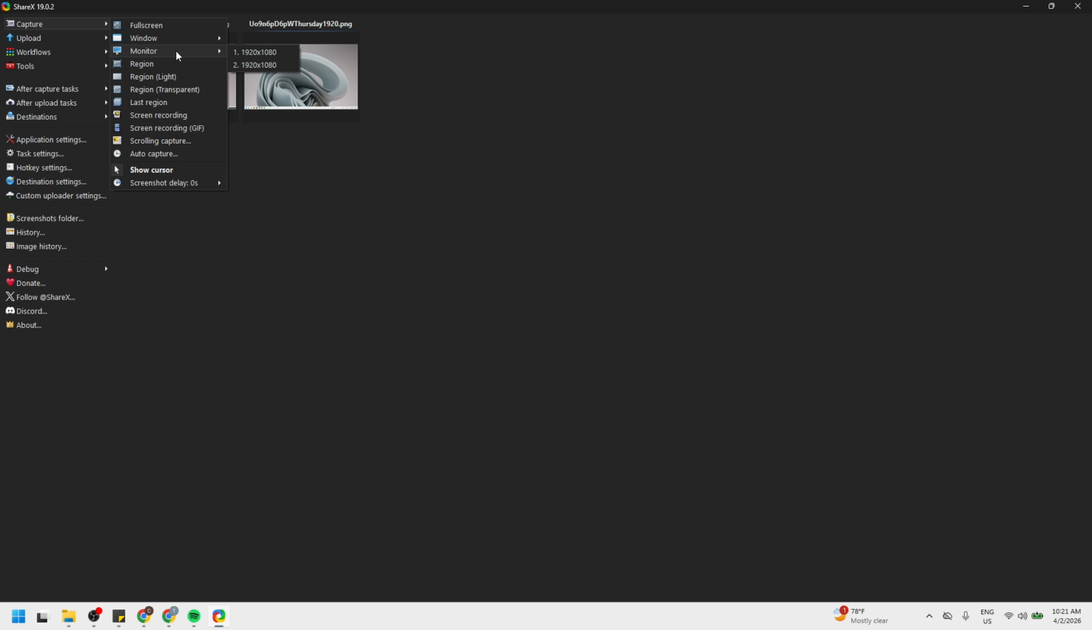Now hover your mouse over the monitor item in that capture menu. Don't click immediately. Hovering reveals a submenu listing each connected display, typically labeled Monitor 1, Monitor 2, and so on. These labels mirror your operating system's display order, so the primary screen is usually listed first. If you use an extended desktop with two or more screens, this makes it effortless to target the exact one